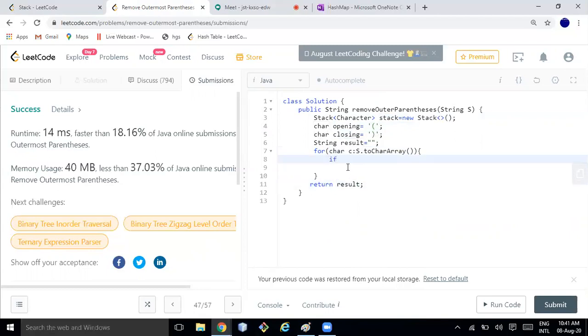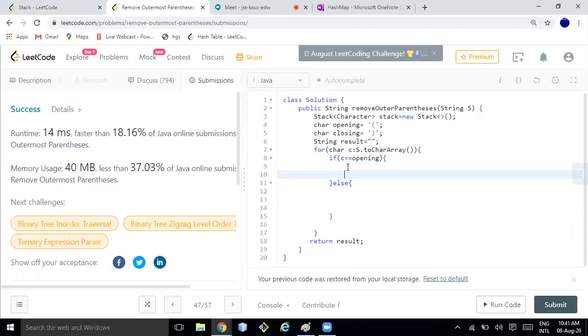I have two conditions. If c is equal to opening, I have to perform something. Else, obviously the else part will be the closing one, so we do not need to write another block. Here again I have to check if my stack dot size is equal to 0.